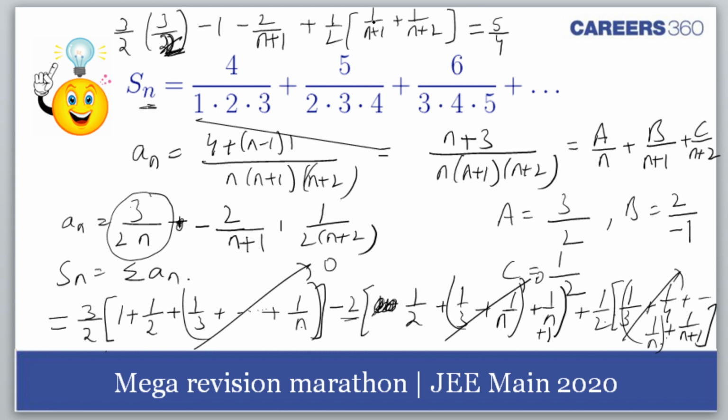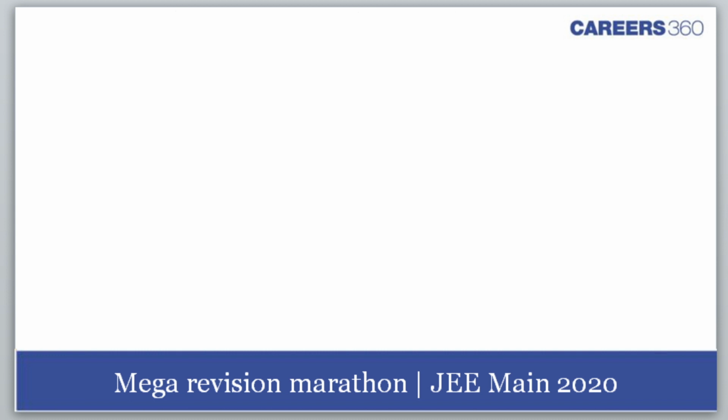And you add, subtract this. So half of n plus 1 and minus 2 upon n plus 1. So finally we get an answer from here. So just a moment. 5 by 4 and we get minus 2 upon n plus 1 and half n plus 1. Okay. So we get